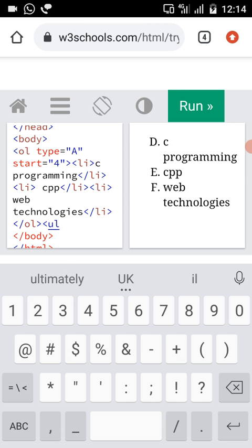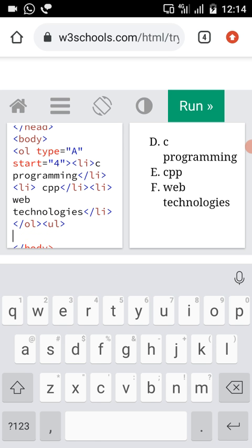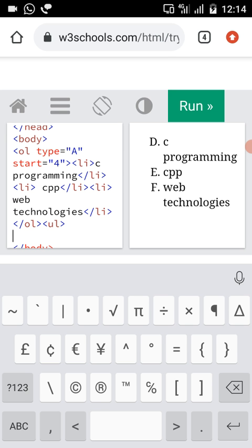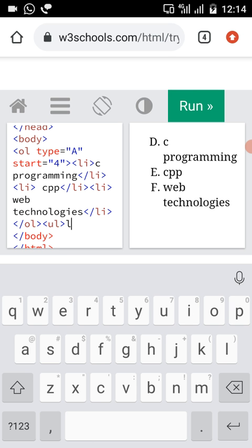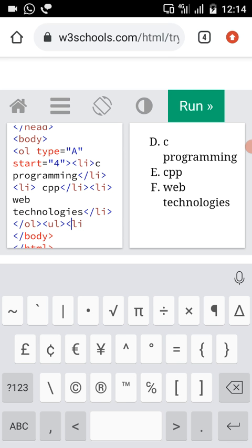After that you can make use of list items. For representing list items, which tag should you use? The Li tag. Here the Li tag is used for representing the unordered list items. Again, here I am going to represent a subject list.